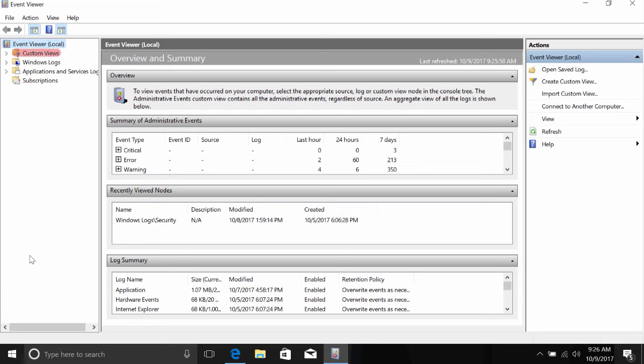The Event Viewer records a lot of information about the system, so it can sometimes be a little difficult to tease out the signal, like recent events, from the noise, or the stuff you don't care about. This is where the concept of custom views comes in handy. With a custom view, you can create a filter that will look across all the event logs the Event Viewer knows about and tease out just the information you're interested in.